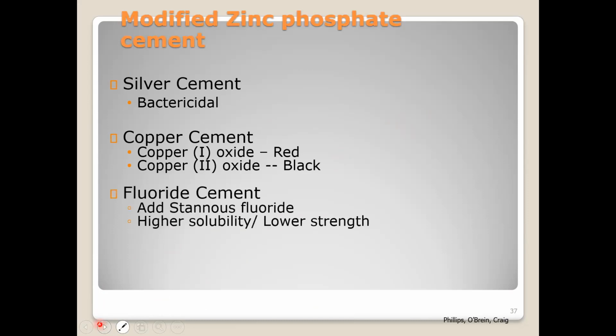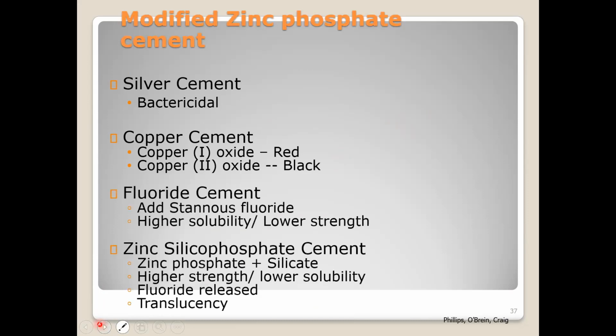Now, what are the modifications? Modifications are some minor modifications with addition of other ingredients to the zinc phosphate powder component. One is that you can add a silver-based cement to make it bactericidal. Again, copper oxide has been added to make it red or black. Fluoride cements have been tried adding to the zinc phosphate cement, which increases the solubility and lowers the strength. Then again, zinc silicophosphate cement has zinc phosphate plus silicate. But anyways, none of these are